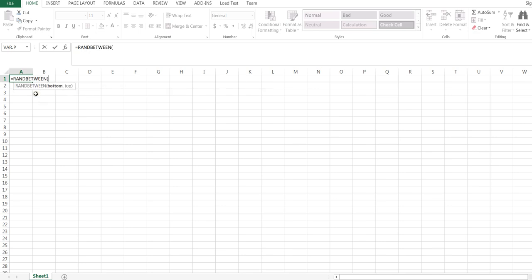Now RANDBETWEEN, and if I double click that, generates a random number between whatever two values I want. Well, I want numbers between 1 and 6, and it's inclusive. So I'm going to close the parenthesis and press enter, and then it generates for me a random value between